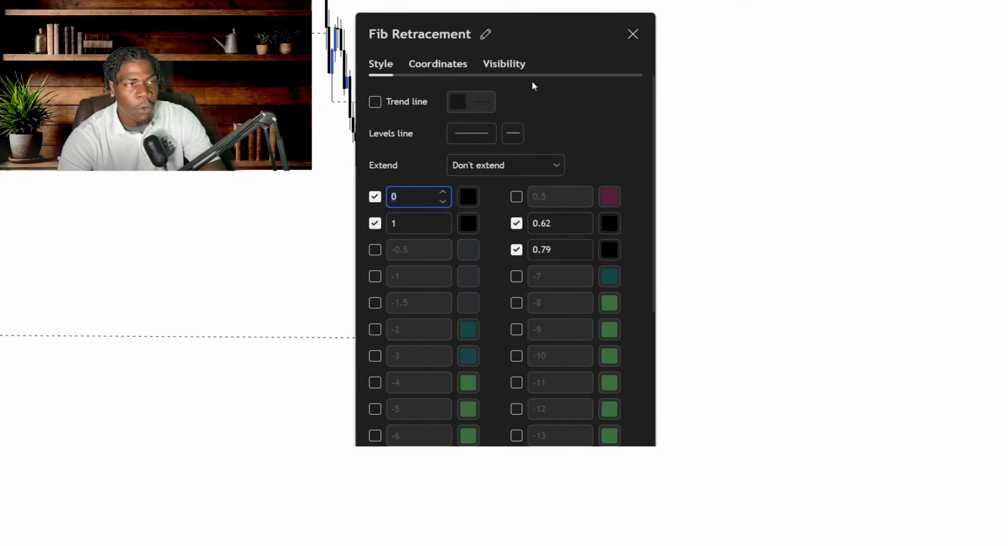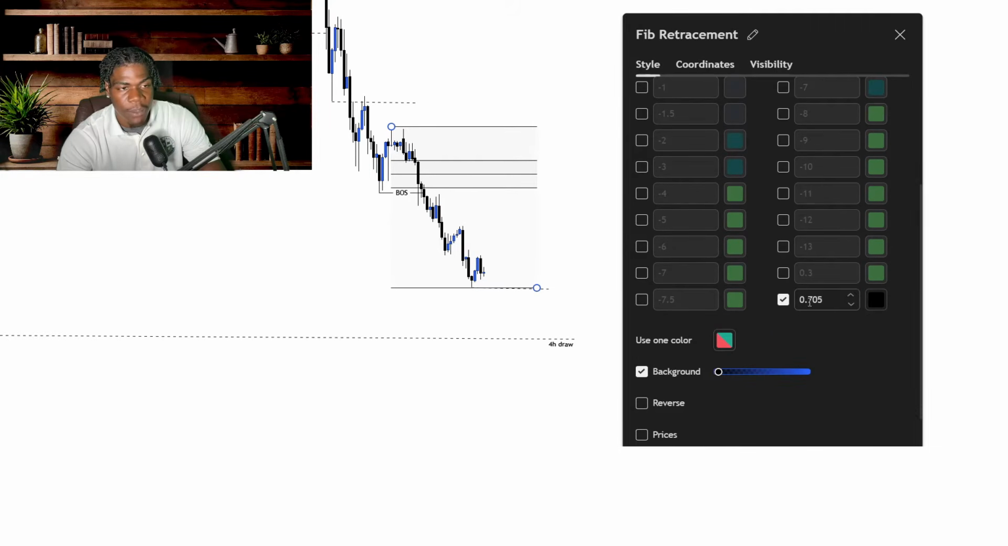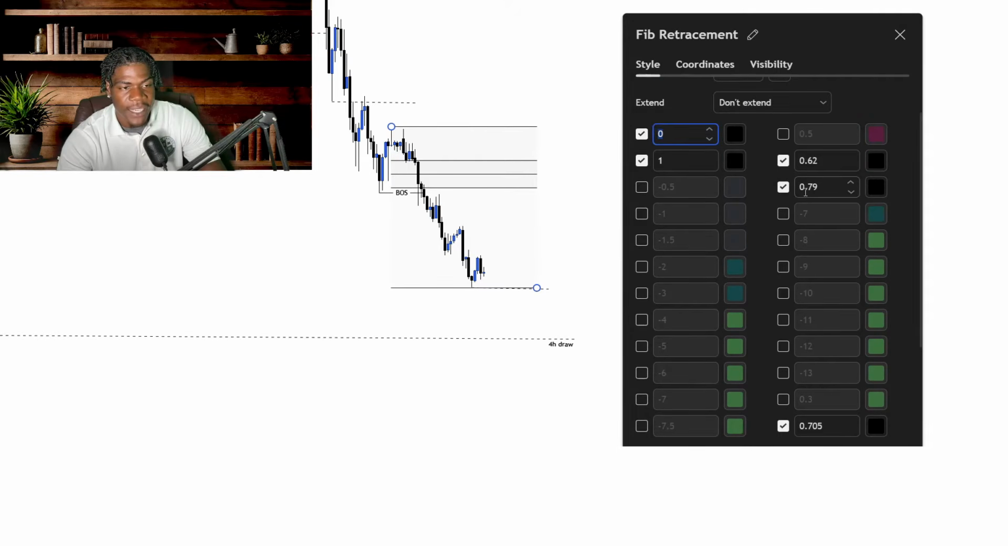So we have the 0%. The 0% is just the beginning of it. Then we have the 1%. But the key levels that we use are the 0.62 level, the 0.705, as you can see right here, and the 0.79. Another key level that's extremely important that I didn't really put right here, I'm going to put it right here, is the 0.88, right? Go back and test this. You're going to see how powerful